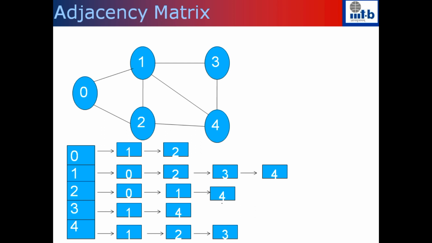The same representation can also be used to represent the weighted graph. If there is a weight associated with every edge, then instead of just the numbers in the node of a linked list, you can write down the weight of the edge there. So if the weight of the edge i, j is w, then when you go to the edge list corresponding to i, in the linked list you see j, and there is another parameter there which is the weight of the edge.